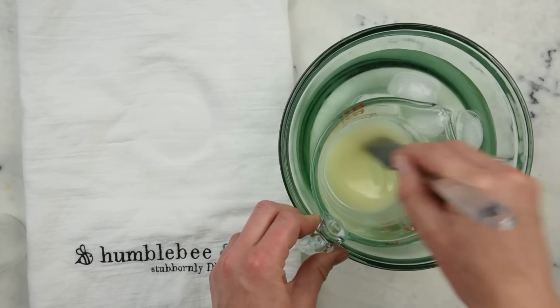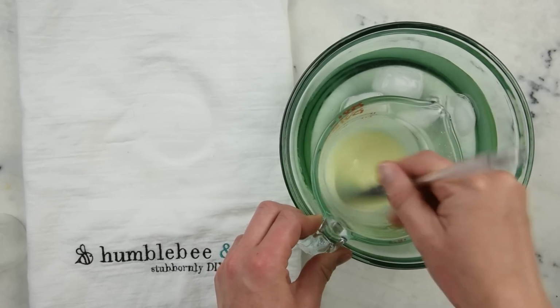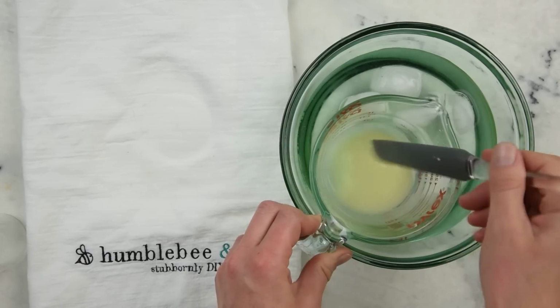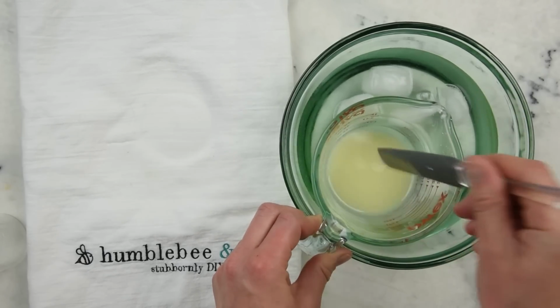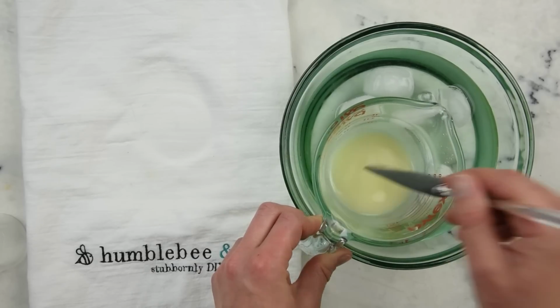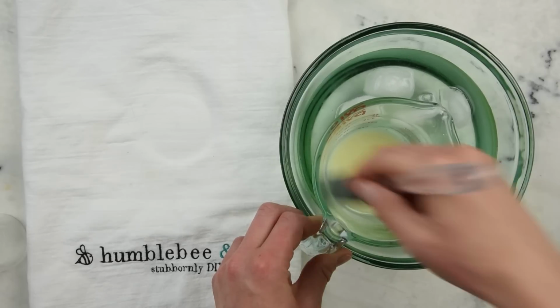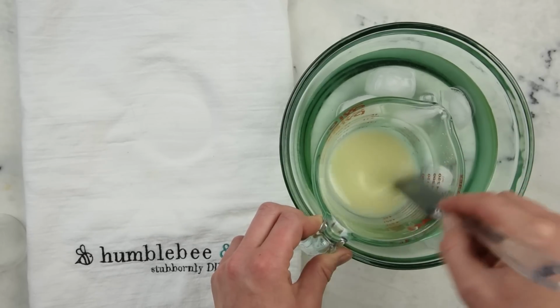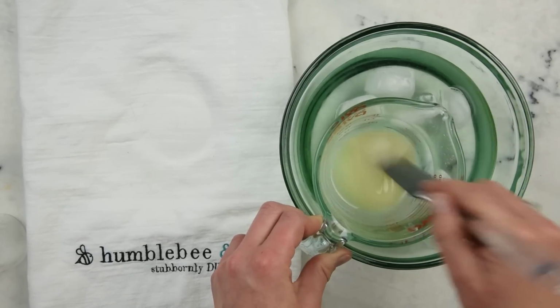So what we're looking for at this point in time is a bit of trace. So if you're a soap maker, you will be familiar with this concept. And we're looking for a fairly light trace, but we're looking for a trace nonetheless. So when I'm sort of drizzling a little bit of this liquid over top, we should see a trace of it remain for an instant. And this will help reduce